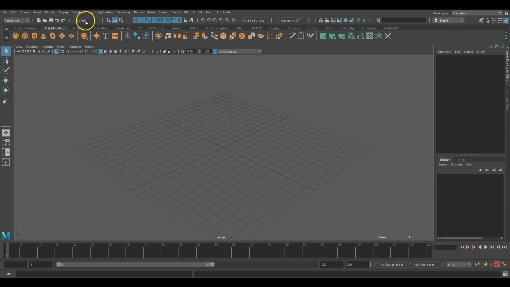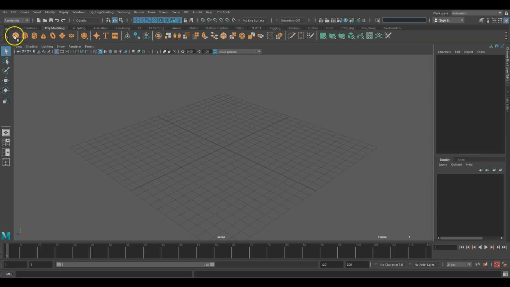Then we have these objects, so always keep it in object mode to select anything, and by default you will see this. Keep it in default for now. And these are different options. I will tell you one by one later when we start doing animation and making objects. These are snapping tools. For example, if you click anything, it will snap to grid. These tools also we'll see later one by one. And settings for rendering, different options.